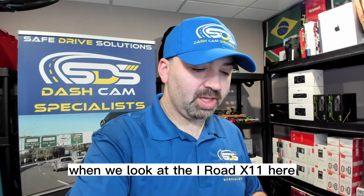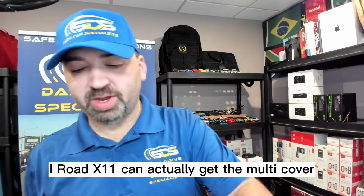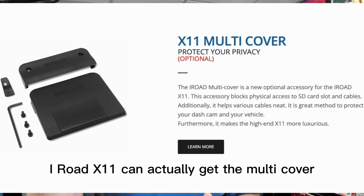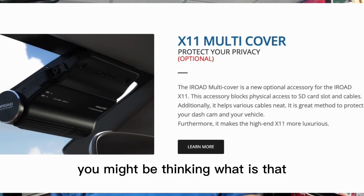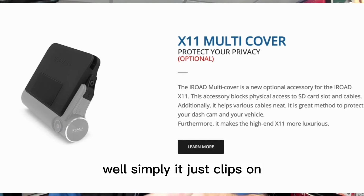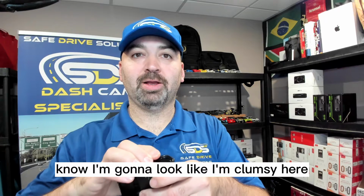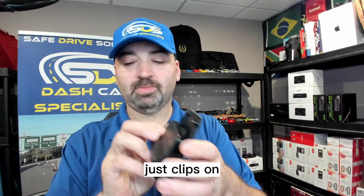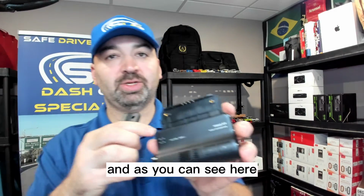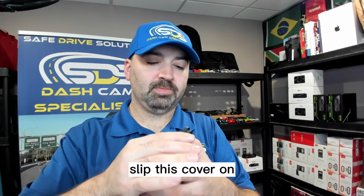Now, when we look at the IROAD X11 here, you can actually get the multi-cover. And you might be thinking, what is that? Well, simply, it just clips on. I know I'm going to look like I'm clumsy here. Just clips on, and then there's a top, and as you can see here, you can actually hook up all the wires inside here, slip this cover on,